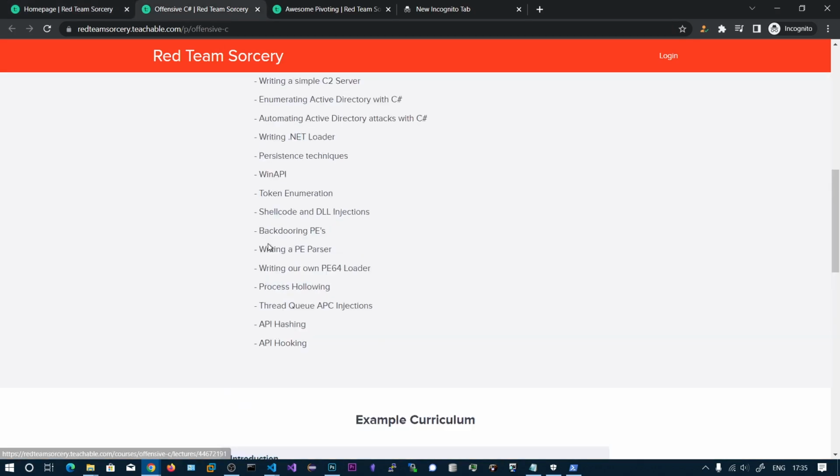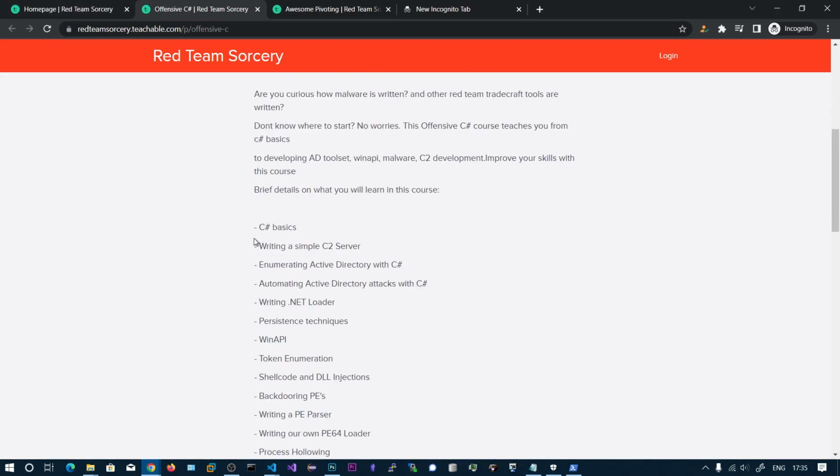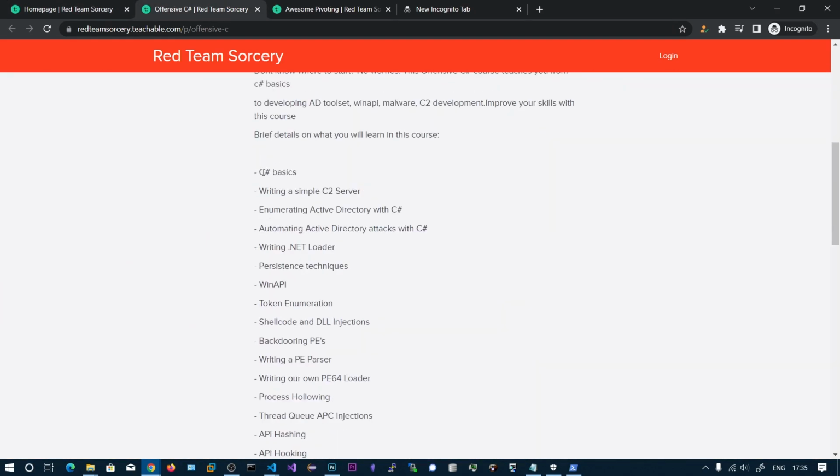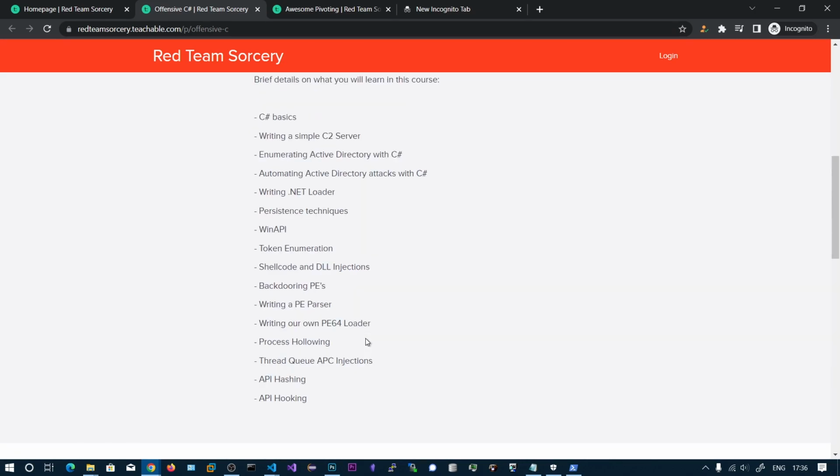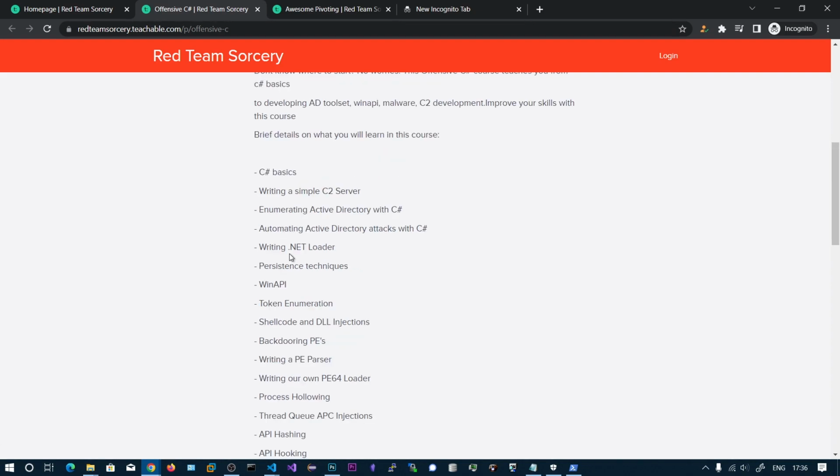And you can see the contents are so good. We will be learning C Sharp basics, and we will also be writing a simple C2 server in Python, and then we will be seeing how to interact with Active Directory and automate the Active Directory attacks with C Sharp. We will also see some privilege escalation techniques I did not mention here, but there are videos about that, and some persistence techniques and Windows API, and we will also do token enumeration,